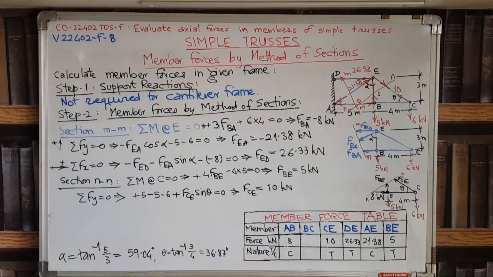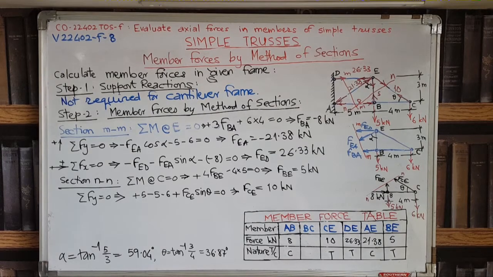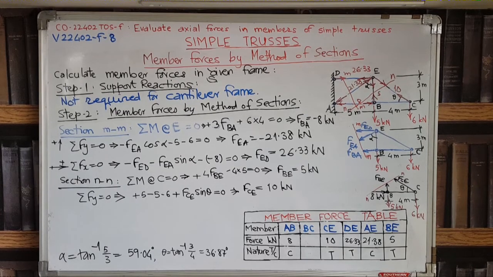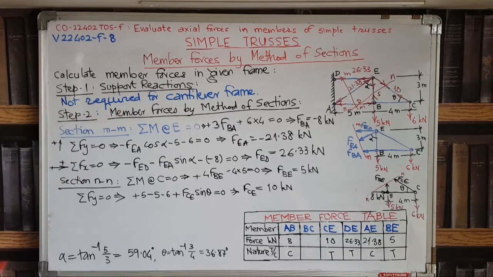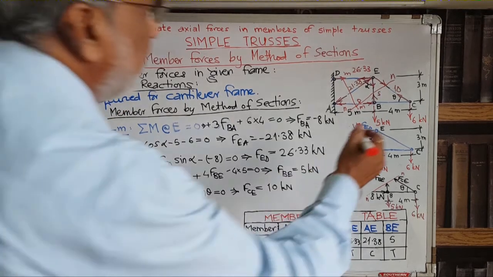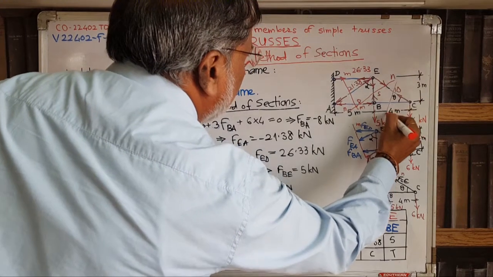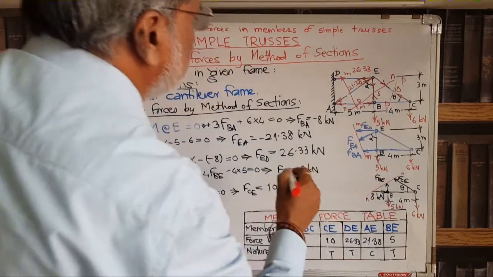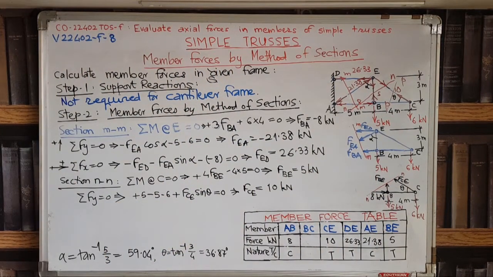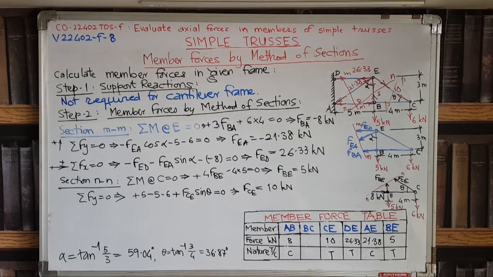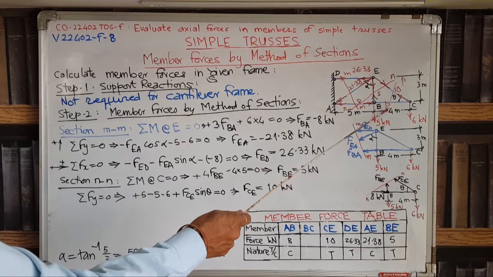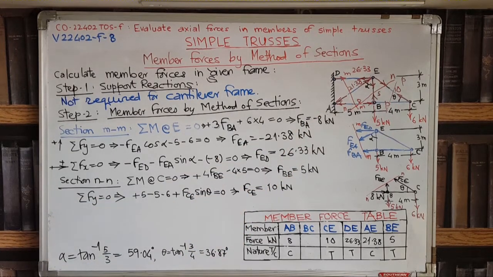Now actually this problem is now reduced to method of joints also, you can say that, but in order to maintain the method of sections, we will take another section which will cut this member BC. So we may take another section, say PP. It also cuts the member CE, but that is known. So it is just for one member we are taking that section PP.